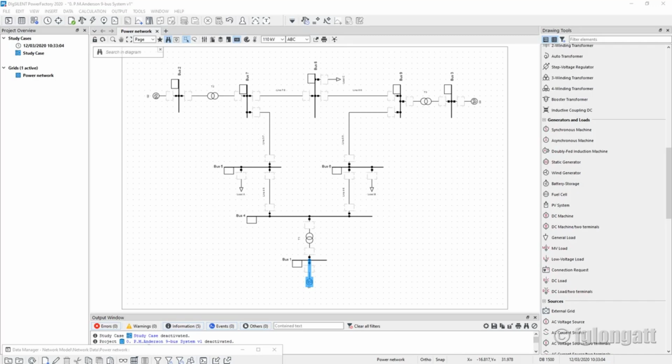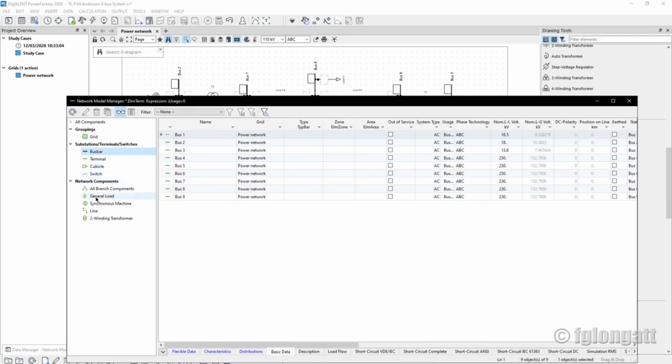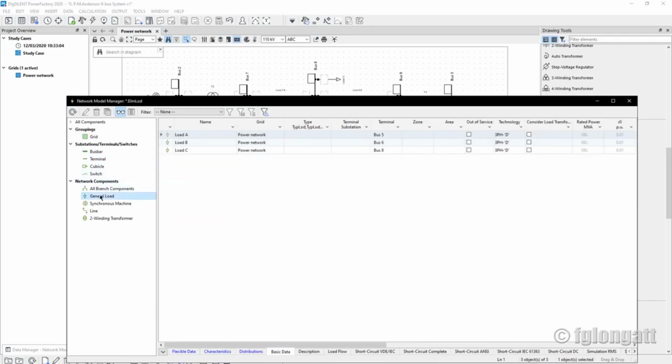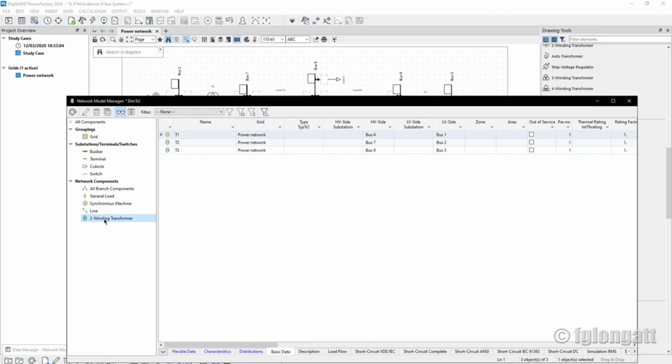Okay, if we don't have any other question at the moment, I need to move a bit faster now. And now it's time to complete data for the real components, okay? At this moment, what you have over there is just a single line diagram with some terminals, some loads that have names, some synchronous generators, some lines, and two-winding transformers, okay? But in order to perform any